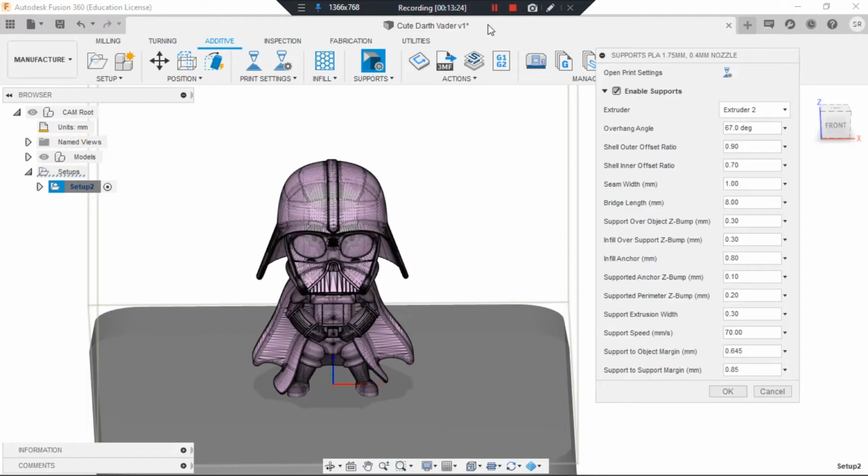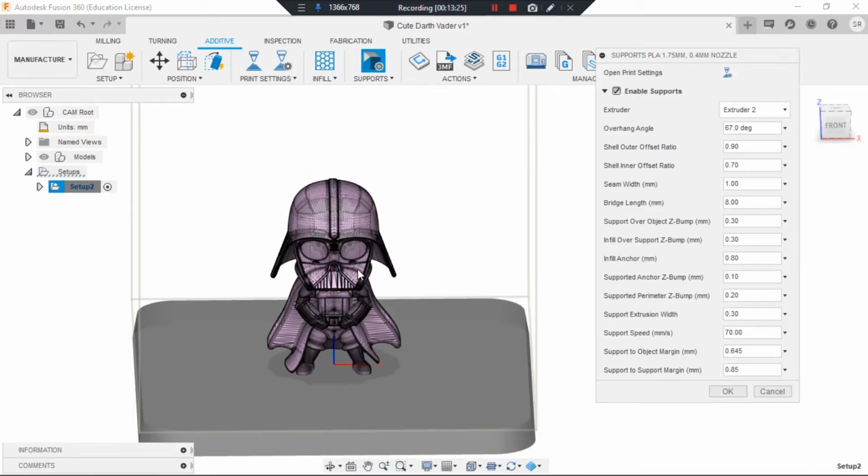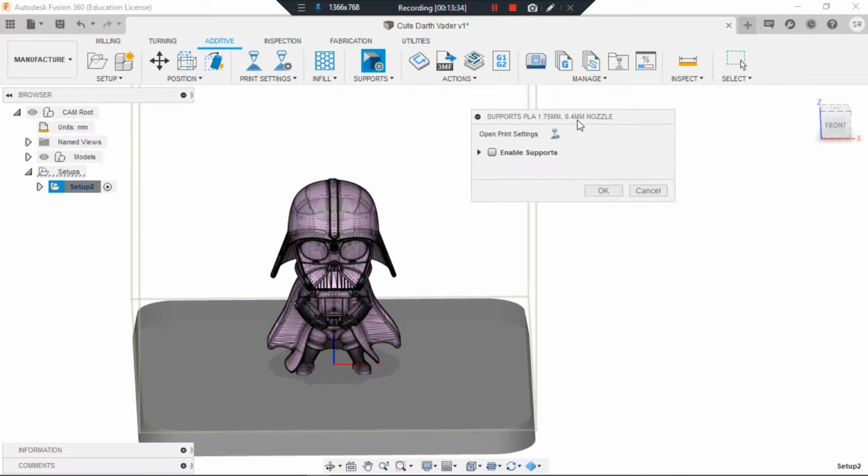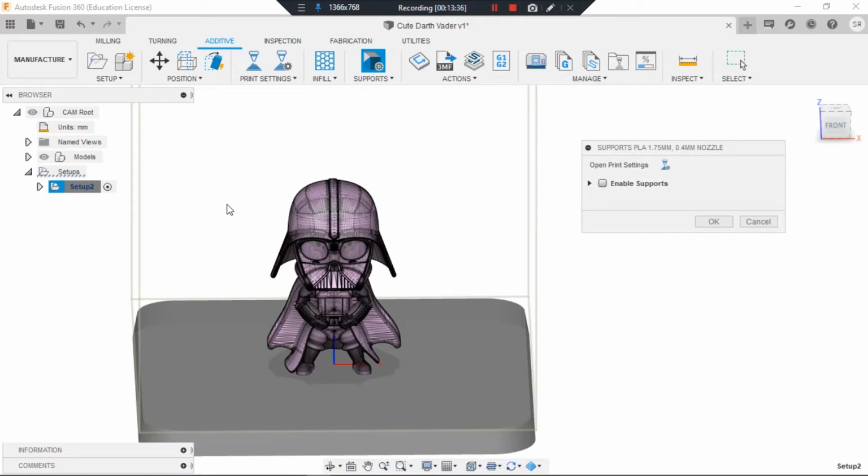So we just simply uncheck enable support. We want the original shape of the workspace. We want it to still be original.